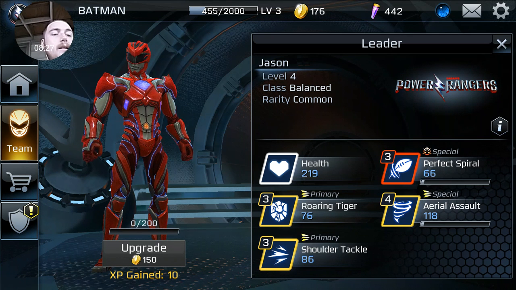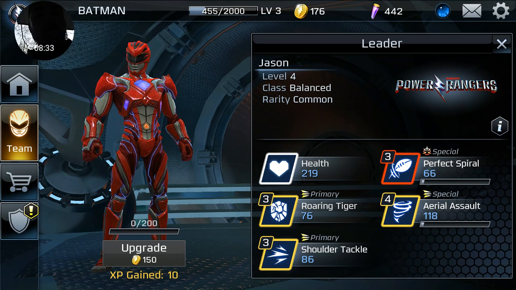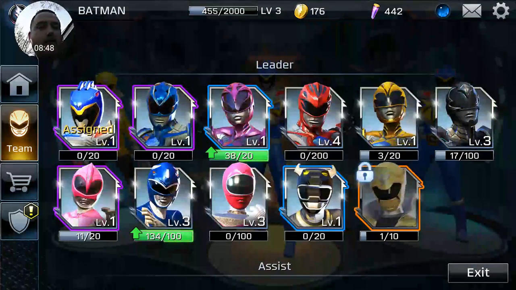Let's see, aerial assault. That's a really good one. Shoulder tackle, that's a really good one. The problem with him, once again, he's another one that if they've got a lot of shields, then it's going to hurt you really bad because they can block a lot of your moves, and it's going to stun you every time they put up a block. So moving forward from there,